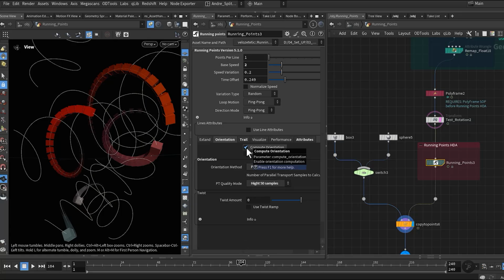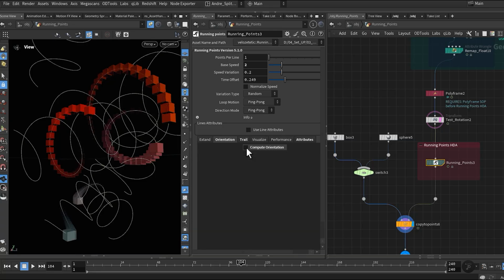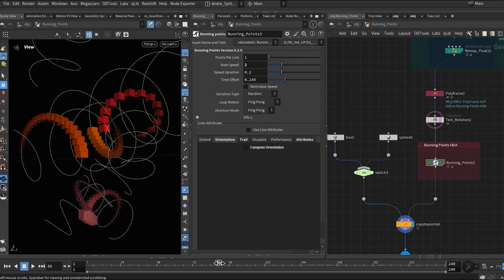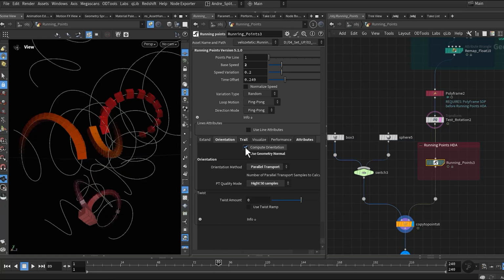When it's off, the points only have position data, no orientation. When it's on, each point gets a full 3D coordinate frame, including the normal, the up vector, and tangent.